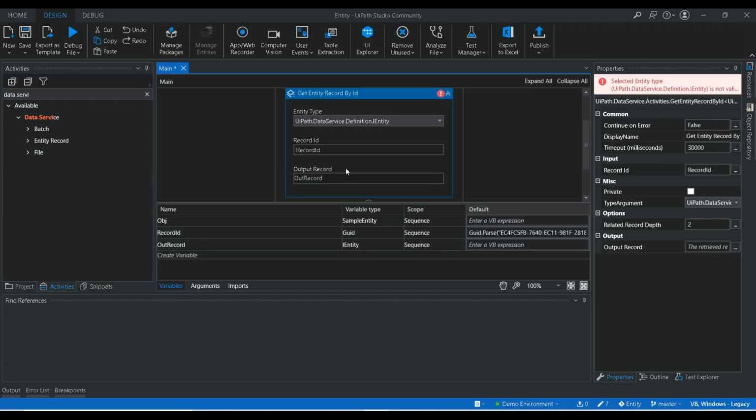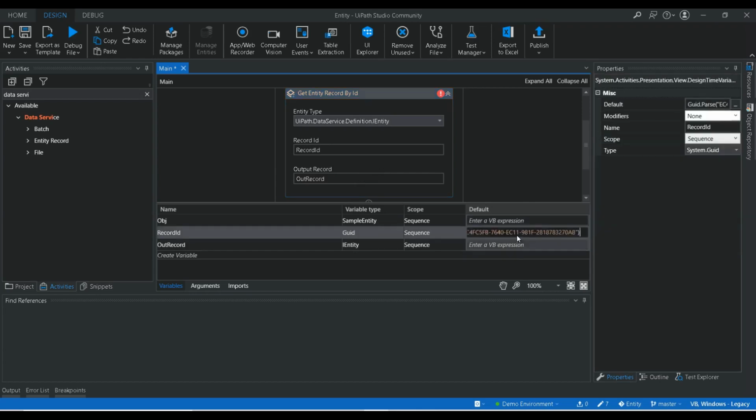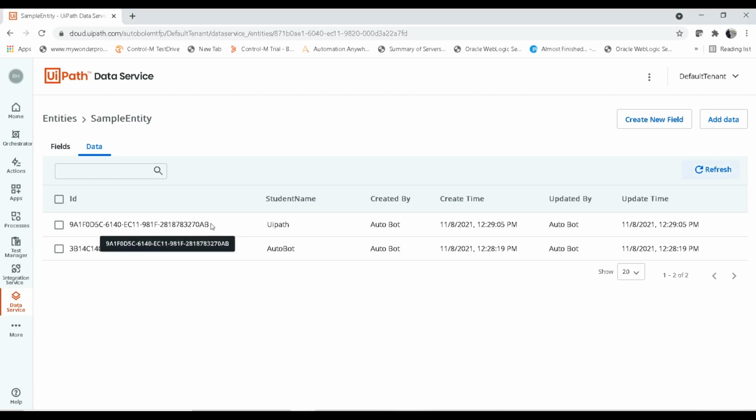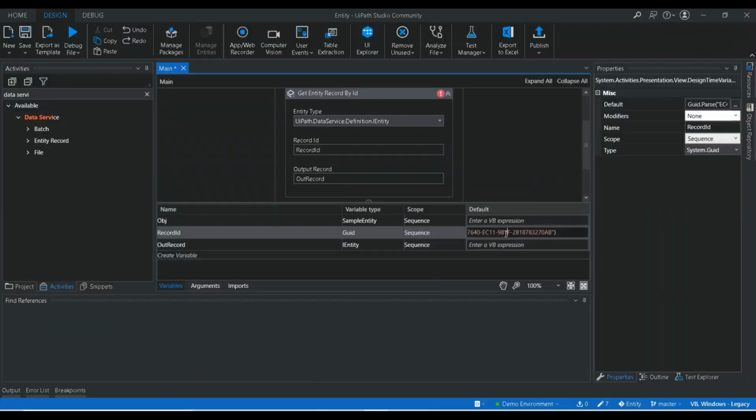For out record the element type is I entity. Then we need to replace this value, so I'm going to give this as the id. I'm just going to change this value.